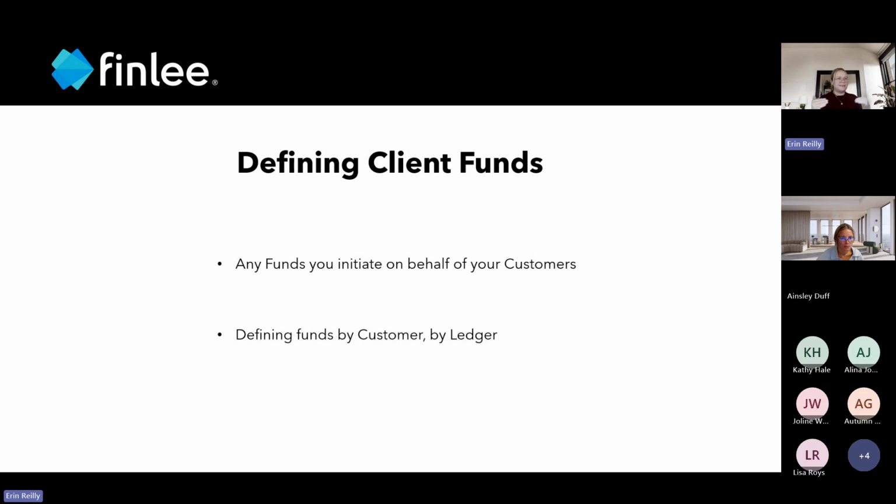And we'll go a little bit more into that in another slide as well. But I almost think about it like you're earmarking that money for that customer by defining it by that customer ledger there. And it's really important, like, earmarking means that those funds are designated for that specific purpose, right? And if we're earmarking it for that customer, I know that I've collected $500 for company ABC, and I may